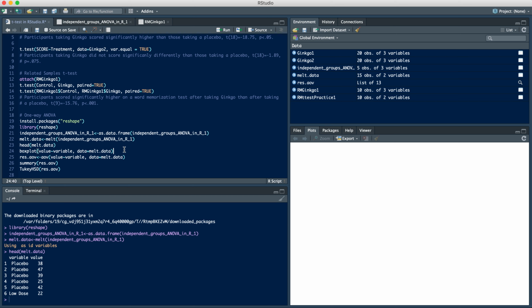R actually comes with a bunch of functions that allow you to visualize data, and there's one that loads automatically when you start R, called boxplot. In the names of this column, the variable name is under the column heading variable, and the score is under a column called value. So you do boxplot, and in parentheses, value tilde variable, and this isn't a dash, it's the tilde, the little squiggly line symbol. Then comma, data equals melt.data,